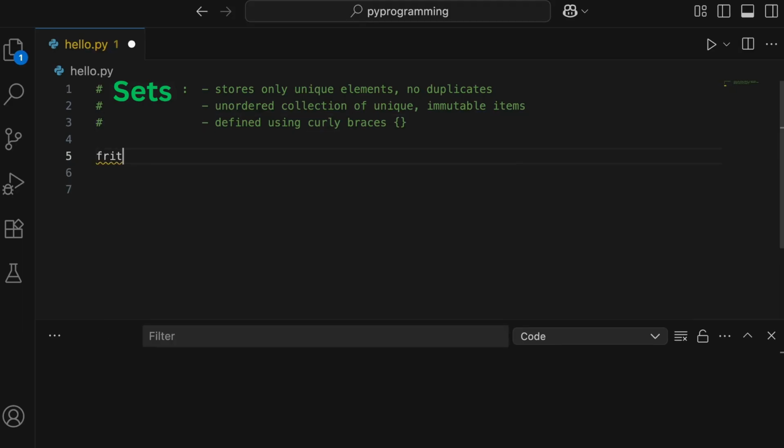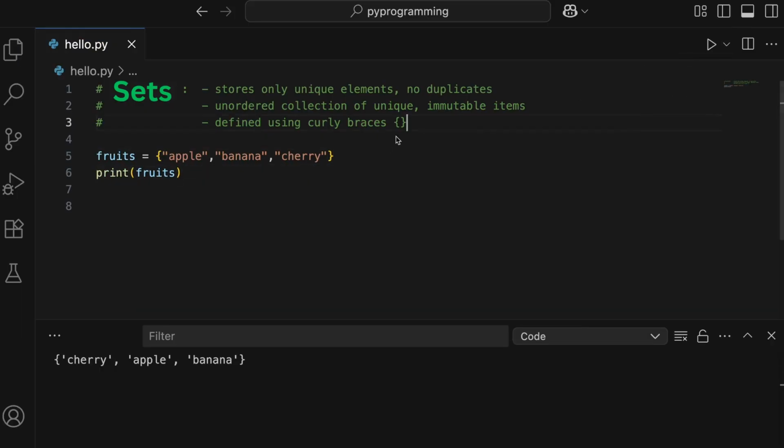I'll declare a variable first. And now let's go ahead and create a set, and we'll be storing that set inside this variable fruit. As mentioned, we would have to use curly brackets for this. So let's mention the elements now. We can take apple, and let's take banana. Let's take one more, cherry, and now we can go ahead and print fruits. Now if I run this, we'll get the set element. Here you can see we got the set with the values that we have.